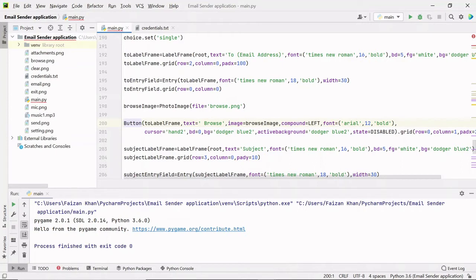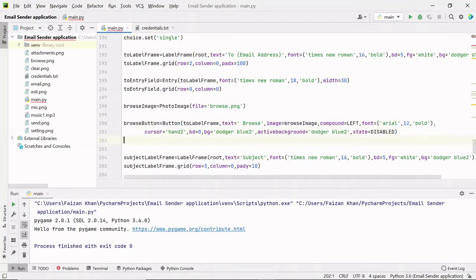So I'm going to name this browse button, and then instead of directly adding this grid method to the class, now I can use this grid method with the help of the object. So I'm simply going to remove this line, and now I will use the grid method with the help of this object variable browse button, and I will paste it here like this.